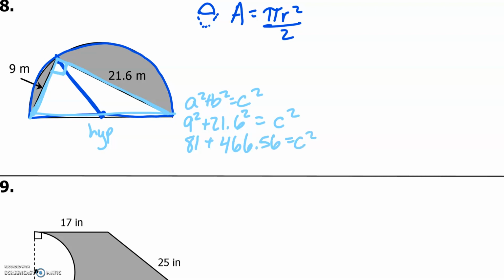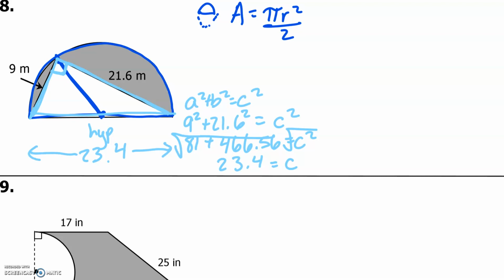Add those together, gives us 547.56, and then I'm going to take the square root of that, which is going to end up being 23.4. Because I had to take the square root of both sides in order for the c squared to be isolated. So this length is 23.4 for this distance,